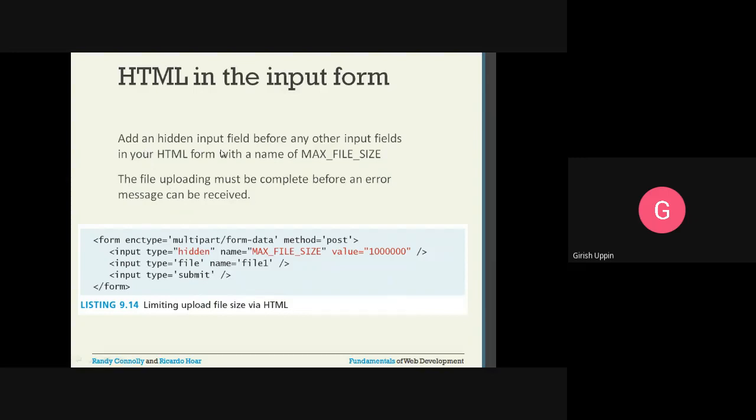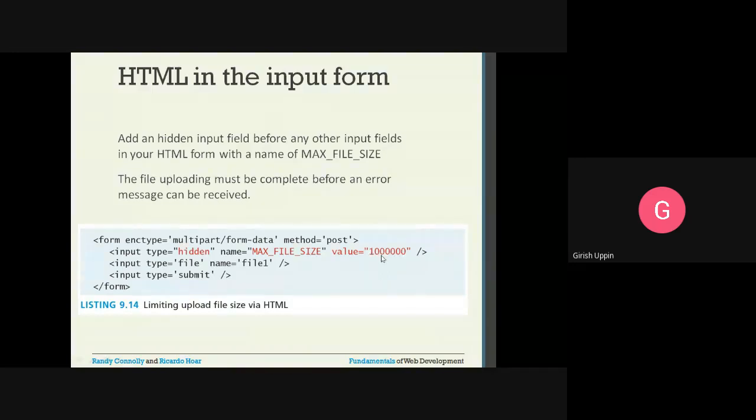Add a hidden input field before any other input fields in your HTML form with a name of max_file_size. So you can see here we have included an input of type hidden, and the name should be given as max_file_size, and this is the maximum size you want to specify. This would be in bytes.